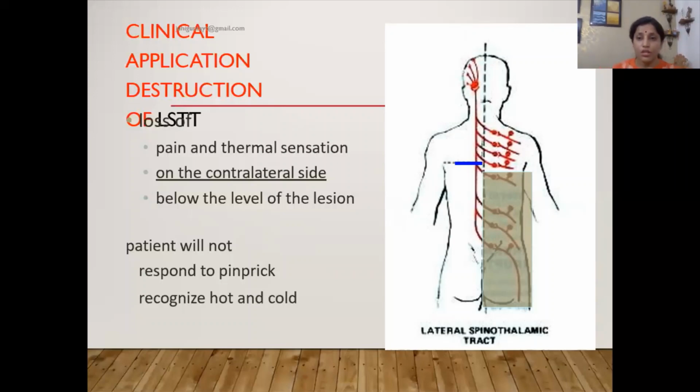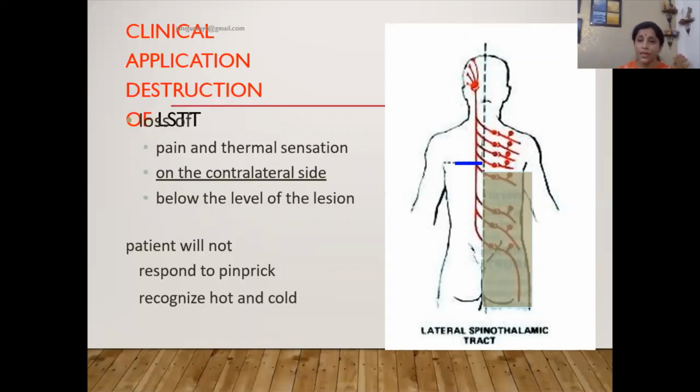Now, when it comes to the loss of sensations, I would like to mention a very, very important point here, that everybody should have a very open perception towards loss of sensation. And that is, in a disease of the peripheral nervous system called leprosy, the infection of the Mycobacterium leprae makes the peripheral nerves incapable of taking up the sensations, and so there is loss of sensation. It is not an injury or lesion of the lateral spinothalamic tract.